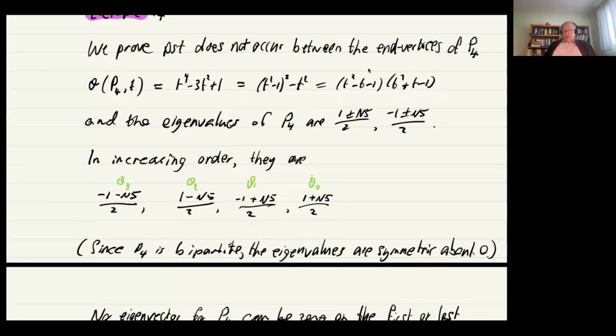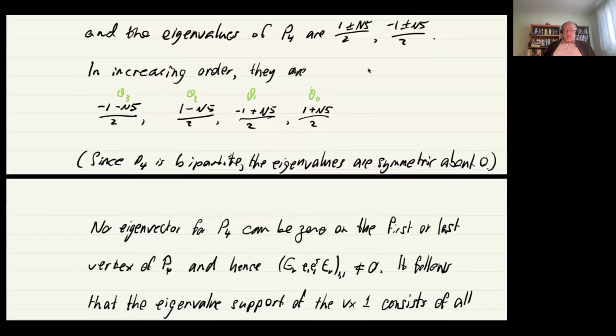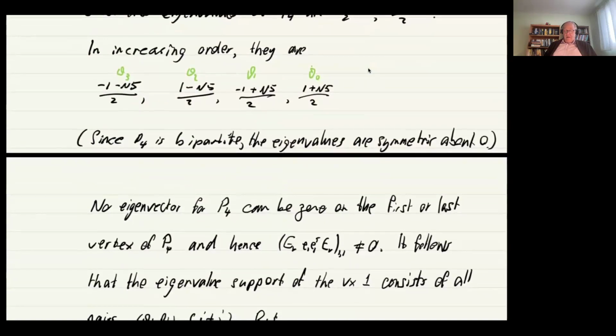Okay. Now, we've got the eigenvalues. So the next step is obviously to get the eigenvectors and the projections and grind away. We can save ourselves some work here, though. The point to bear in mind is when we look at an eigenvector for the path on n vertices, in this case the path on 4 vertices,